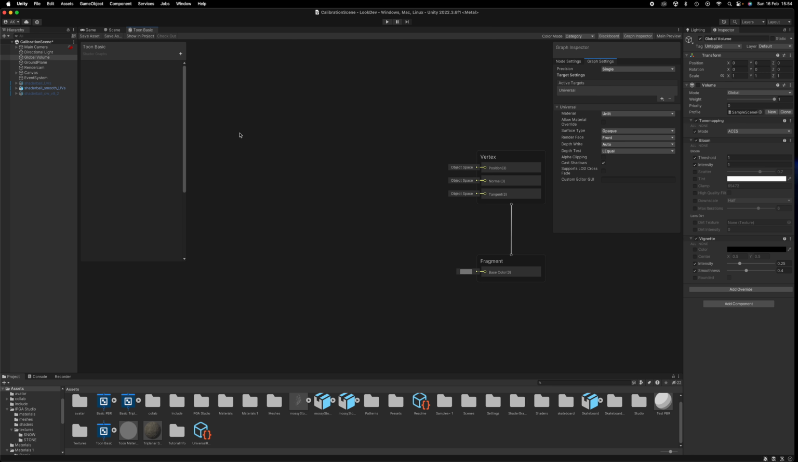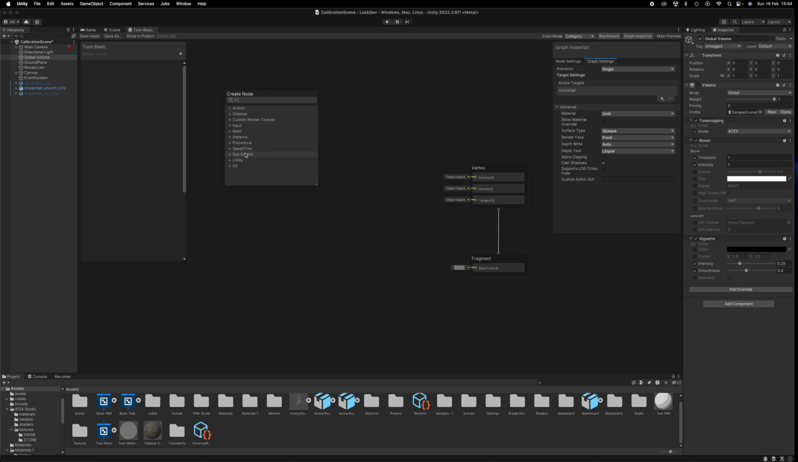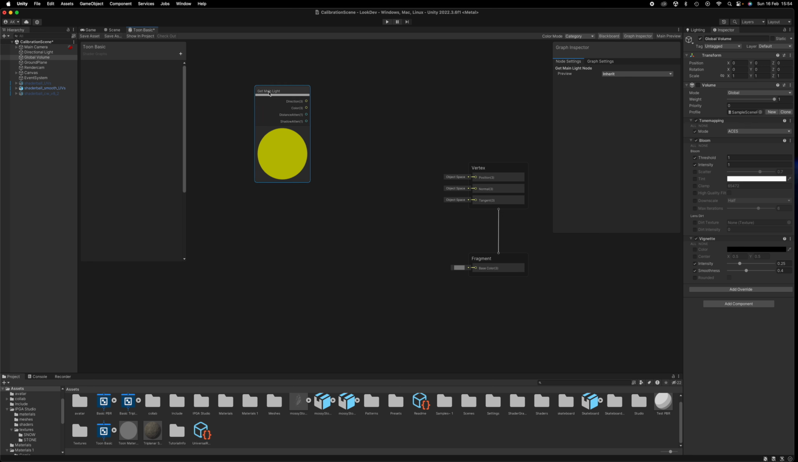So in the last couple of years, you've started seeing nodes that help us to produce this type of shader, and the one we're going to look for is we're going to do a quick search for light, and specifically what we're looking for is this. It's under the subgraph setting, and it's called Get Main Light. Okay, so we're going to use this,